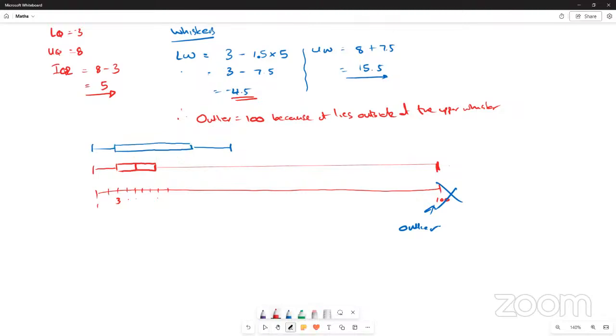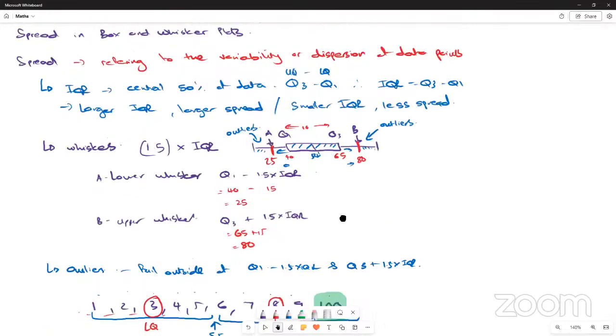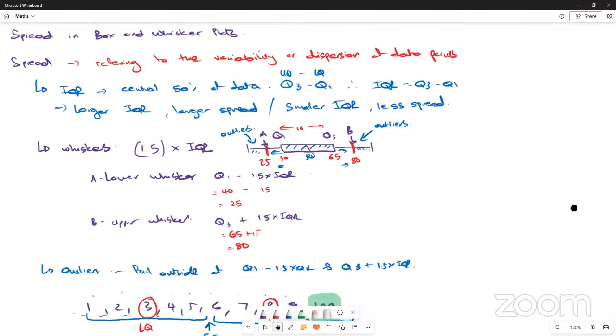And you would say that's because of the interquartile range. A larger interquartile range would mean that it's more spread. Another thing is that my minimum and my maximum, which give me my range, also indicate that the data is spread across a broader range, and my interquartile range is spread across a broader range as well. And we would then talk to it along those lines. So that's an in-depth look at spread using outliers and whiskers. The general rule is that using the interquartile range, we can use that as a mean